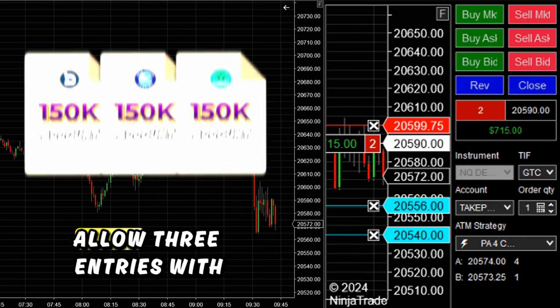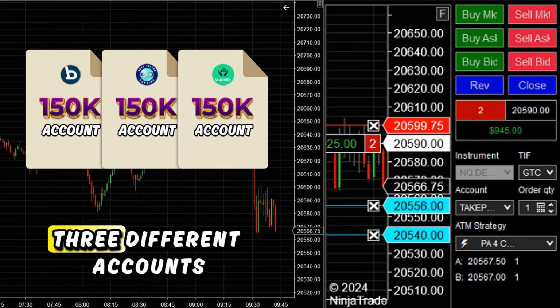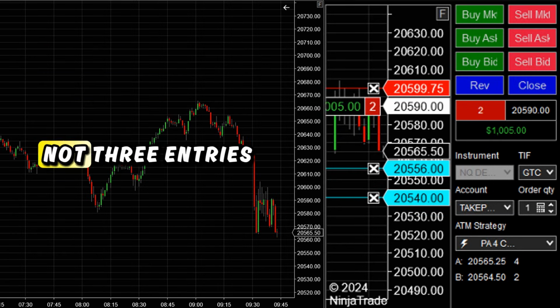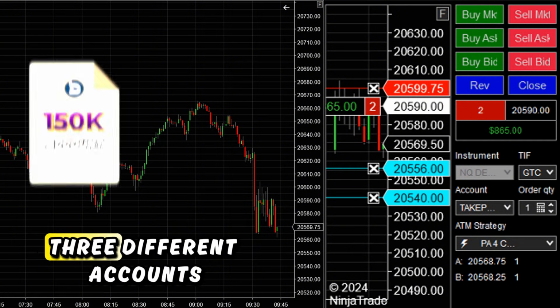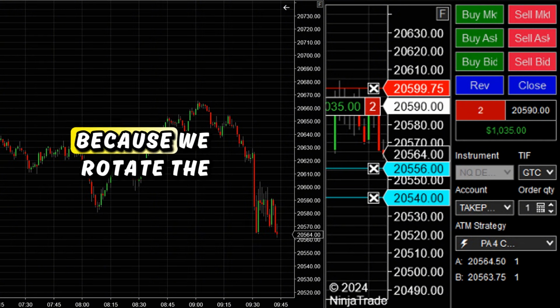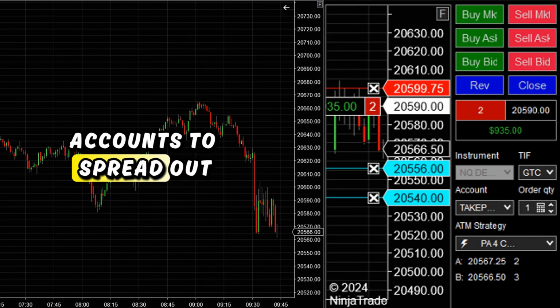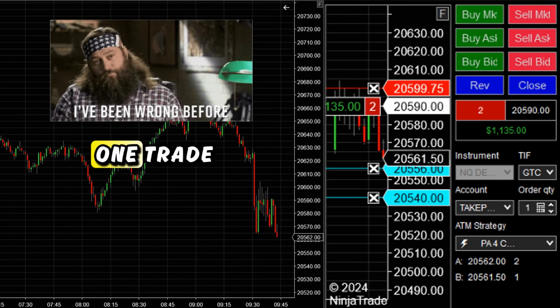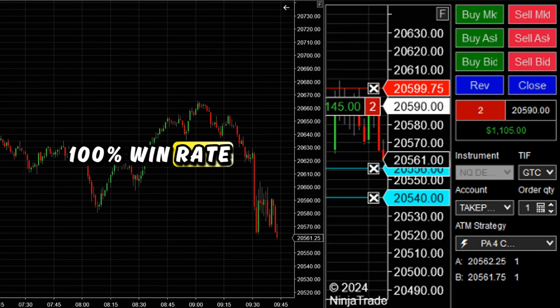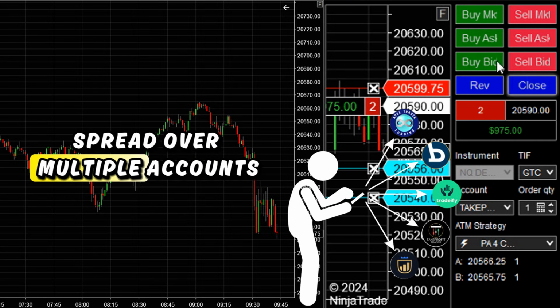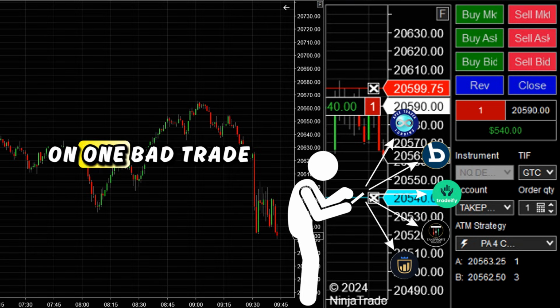Number 5, allow 3 entries with 3 different accounts. That's right. Not 3 entries copy trading 10 accounts or 20 accounts, but 3 entries with 3 different accounts. Why? Because we rotate the accounts to spread out the risk. So if I'm wrong on one trade, and you will be wrong on a trade because no one has a 100% win rate, your risk will be spread over multiple accounts